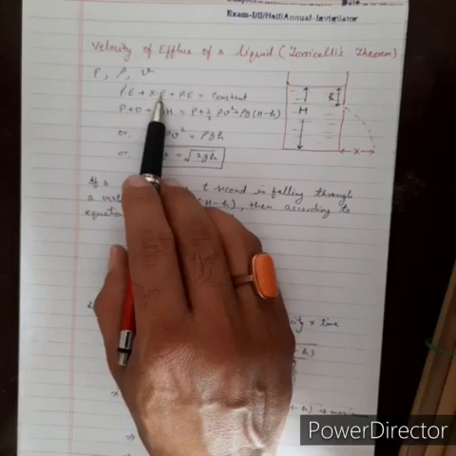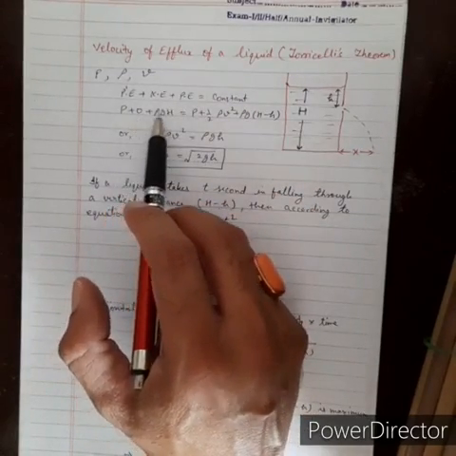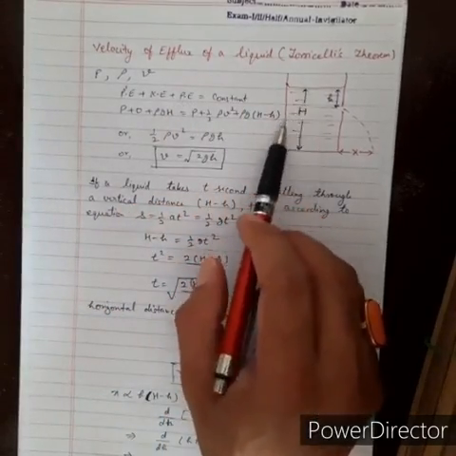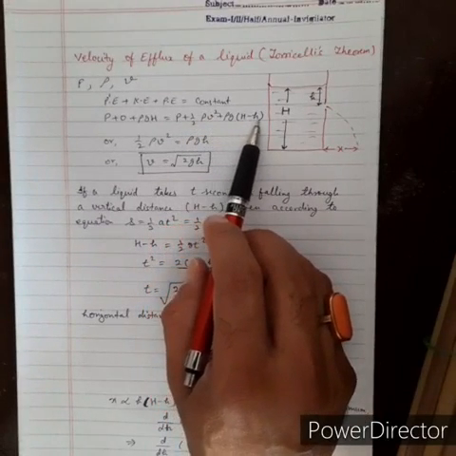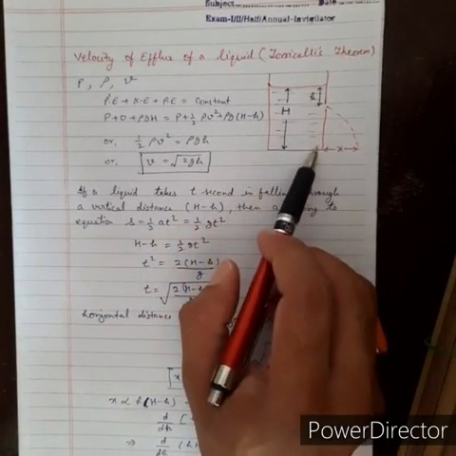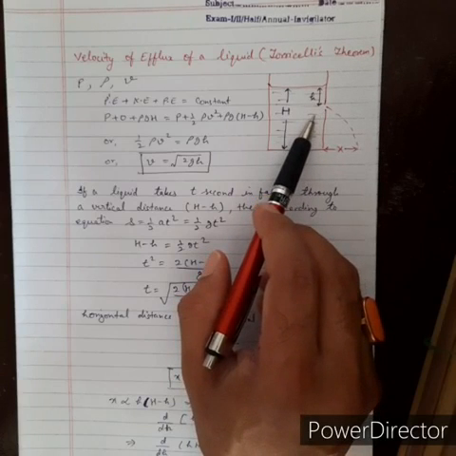Now kinetic energy, as I told you, at the free surface, is 0. Potential energy is rho g h. Use capital H because of this height. Then P plus half rho V square plus rho g (H minus h). This is the height from the free surface, h. So that means from this surface to this surface, the height is capital H minus h.